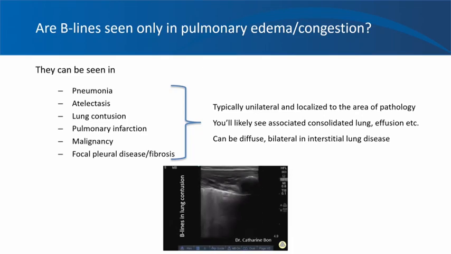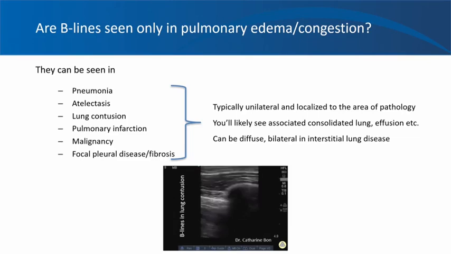And you likely see associated consolidated lung if it's pneumonia, or you might see effusion if you are dealing with collapse of the lung, or you have history of trauma if you are dealing with contusion, and you might actually see a mass with maybe associated malignant pleural effusion if you're dealing with malignancy. And they can also be diffuse and bilateral, especially if the patient has bilateral interstitial lung disease. It essentially depends upon the clinical context rather than just looking at the B-line pattern and